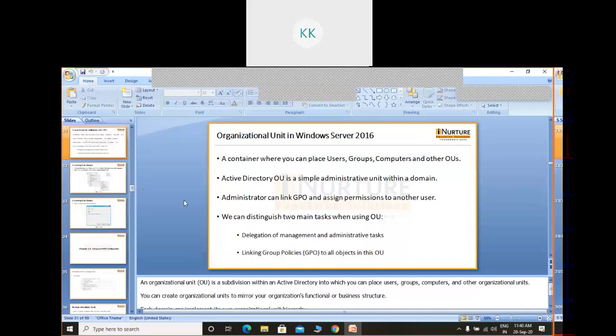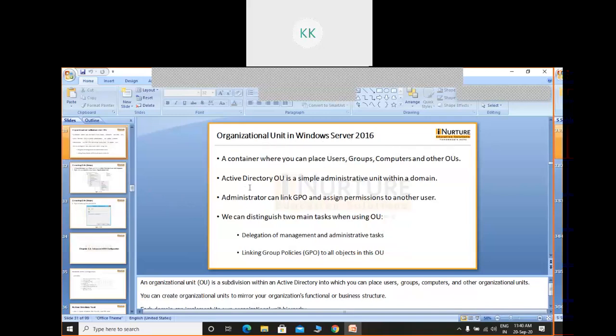Now inside these organizational units, you can put some groups, users, and all. Suppose engineering department. Inside this engineering, suppose you have different classes. So these are the groups, and under this group, different students. These all are the users, and it may have different computer labs. So these all are the holders of your organization, called an organizational unit.